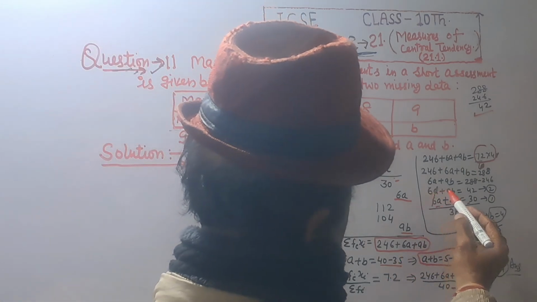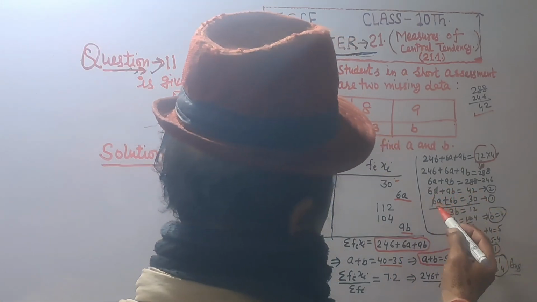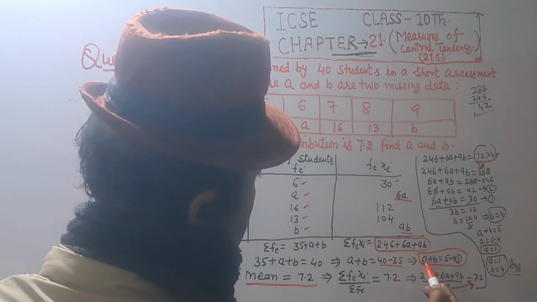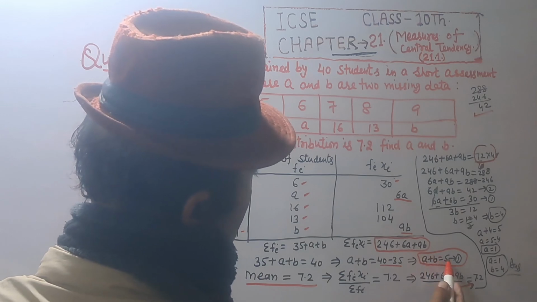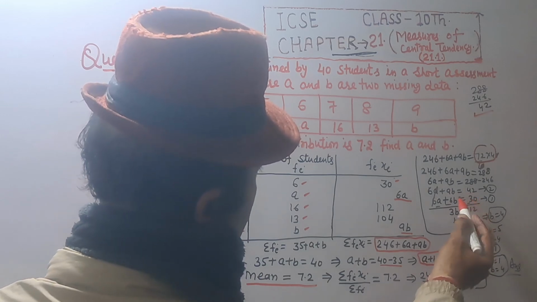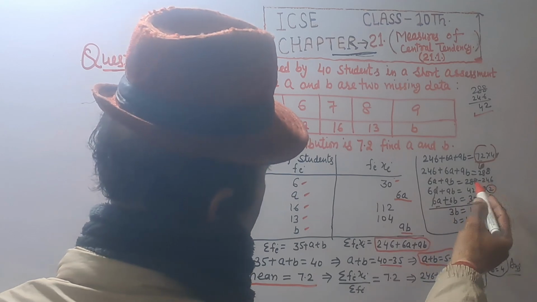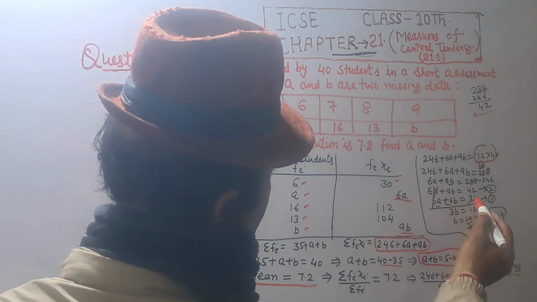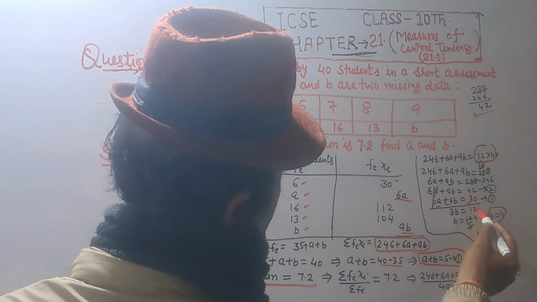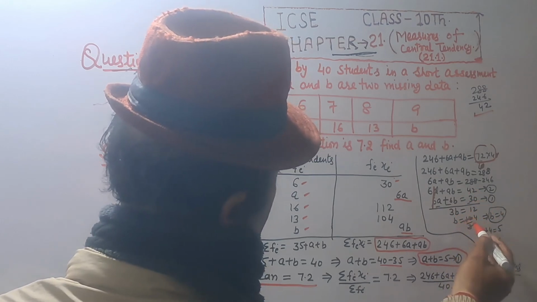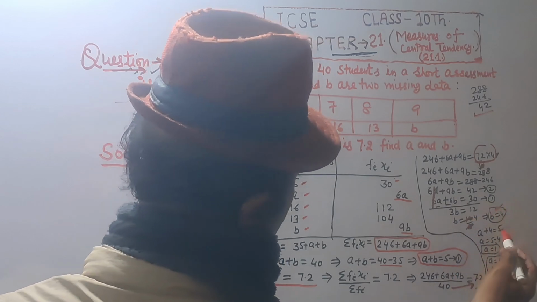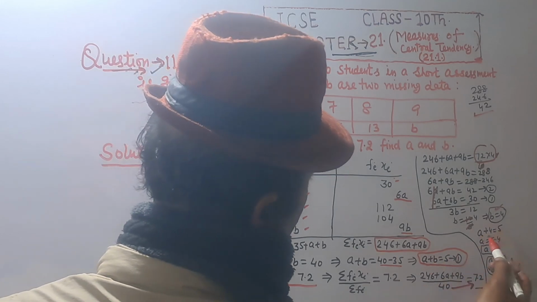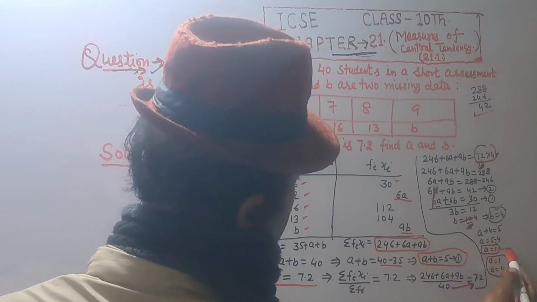It's equation number second. 6A plus 9B equal to 42, and multiplying equation first by 6, we get 6A plus 6B equal to 6 5s are 30. It's equation first. And subtracting equation first and second, we get 6A is cancelled, 9B minus 6B is 3B equal to 42 minus 30 is 12. B is equal to 12 upon 3, that is equal to 4. B is equal to 4, and putting B is equal to 4 in equation number first, A plus 4 equal to 5, A is equal to 5 minus 4, A is equal to 1.